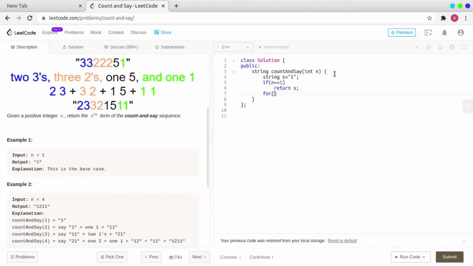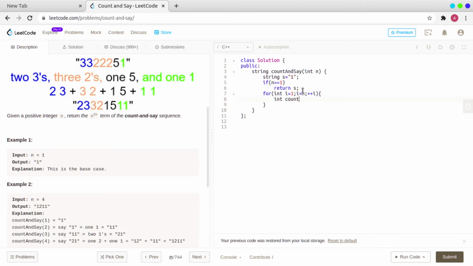Now let's do one thing. I'm going to do it in an iterative way now. Let's see how I am going to do this. Basically we have to count something. So let's define one variable called count.